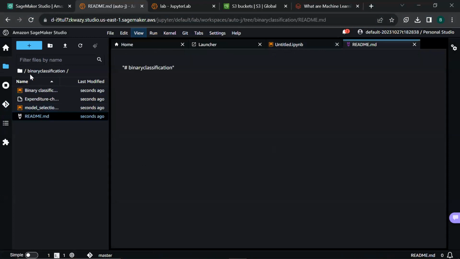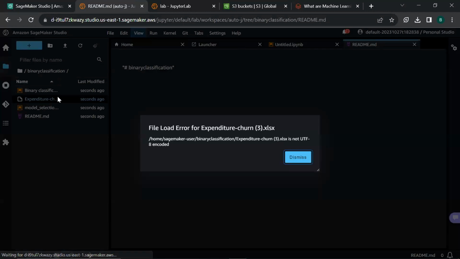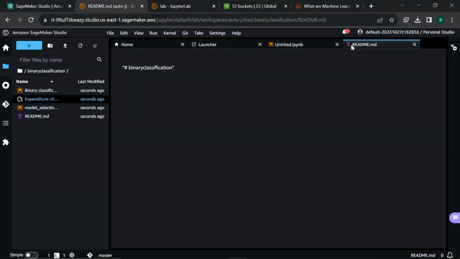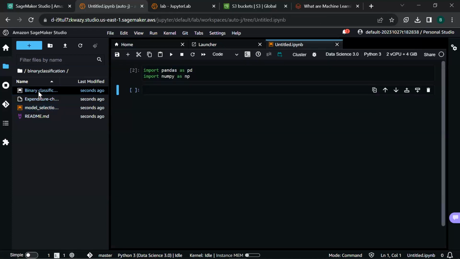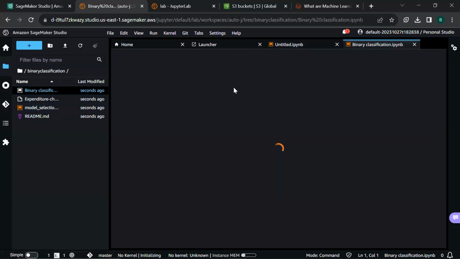So it is going to import everything from my GitHub back to this specific environment. So let's go through the data set first by double clicking on it. Okay. Since it's an Excel file, it's not going to open. So let's just go through the code and we will see the data set there.